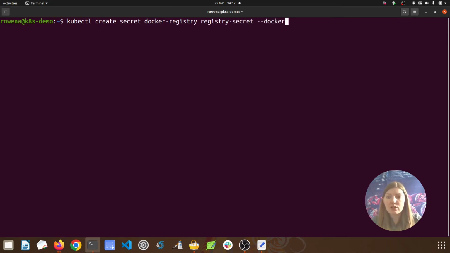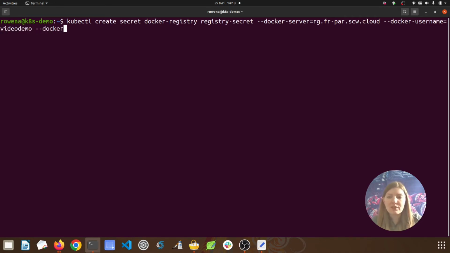Next, we use the docker-server parameter to specify the address of the container registry where the image is stored. So in our case, as I said, I already pushed my image to the container registry in the last video, and it's still there. So I'm going to give it the address of my container registry. Okay. Next, we need to give it the docker-username argument, and the value of that should be the name of our specific registry namespace. So in our case, the namespace is video-demo.